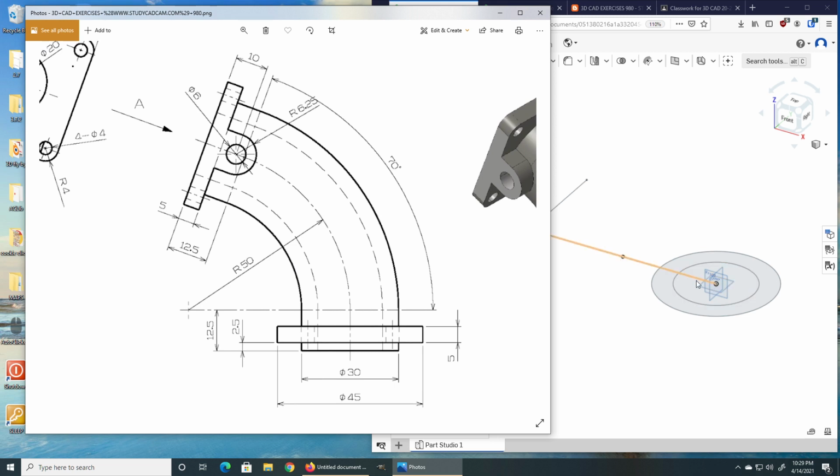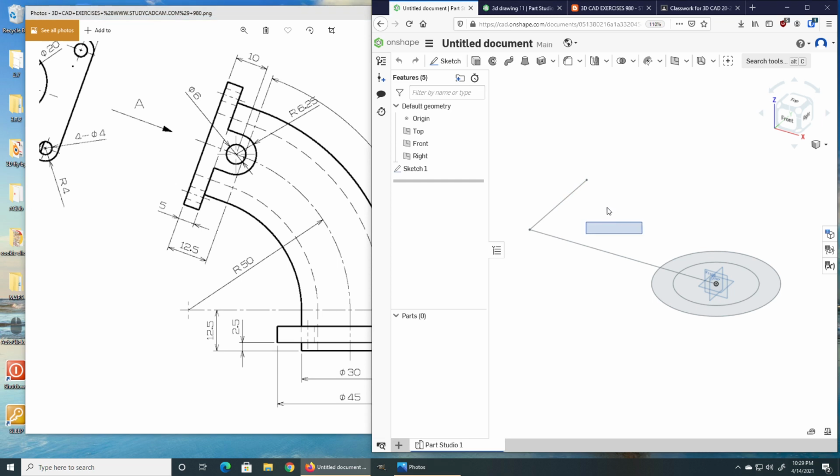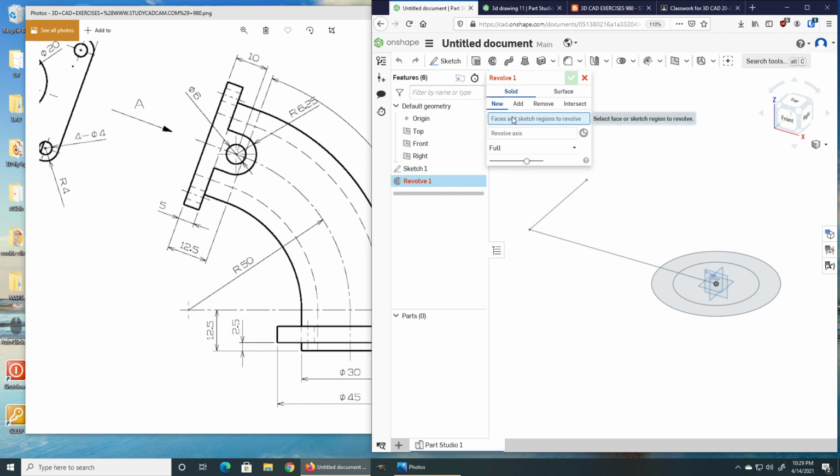and I've got a line that represents the radius of the circle that this thing is going to bend on, and I've got a pivot point, which is this right here. That's what this circle is going to revolve around. It's an axis for the revolving action. So here we go. We're going to click revolve. I want a new solid, and it wants to know what faces I am going to revolve. I'm going to revolve that face there. It now needs the axis. I'm going to click that axis,